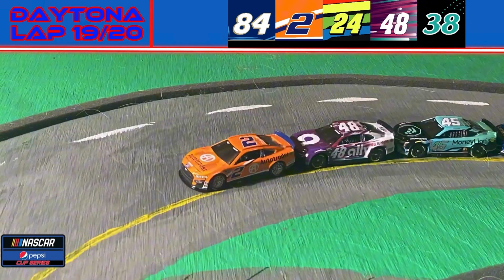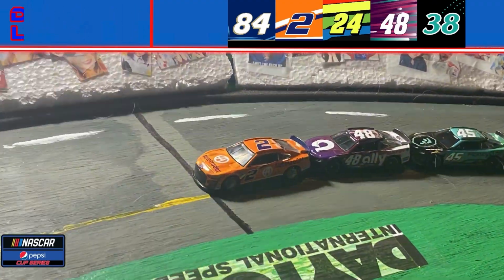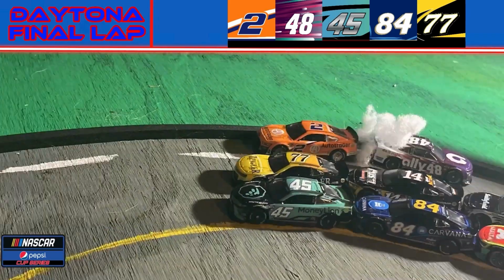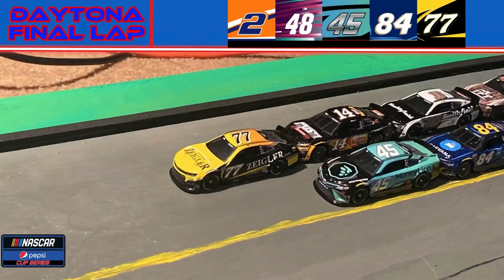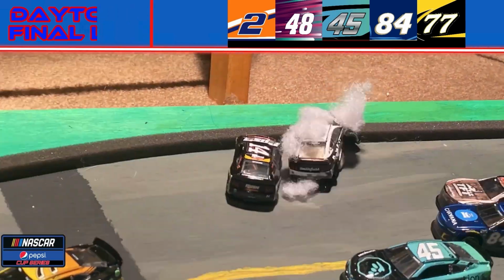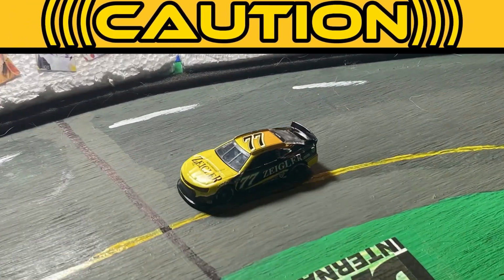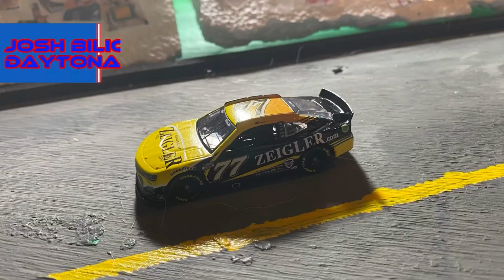And it looks like we are going to get to the white flag mercilessly. This race will finish. It is going to be Austin Cindric in the lead, but he gets bumped loose, and he's into the wall hard. Up into the air. Alex Bowman hits him. We're going to stay green. Unbelievably, everyone gets past. Those cars stranded in turn 1 as Josh Bilicki's in the lead. In the 14 and the 10, ferocious incident. The 10's nose completely torn off, and it's the 77 of Josh Bilicki. And he wins by several seconds before Tyler Reddick